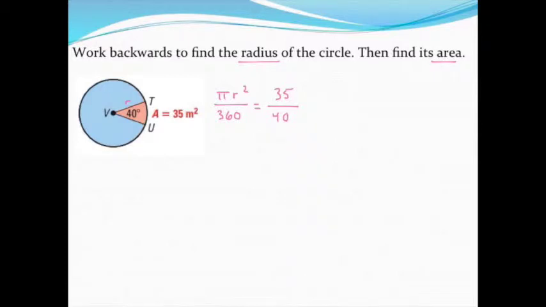I'm noticing too that I'm going to be working with approximate answers because the area that they gave us was approximate, there's no pi symbol in it. So what that tells me to do is replace pi with 3.14 right away, since there's no need to keep exact, it seems. So let's go ahead and cross multiply and see what we end up with. So multiplying this way, 3.14 times 40 gets me